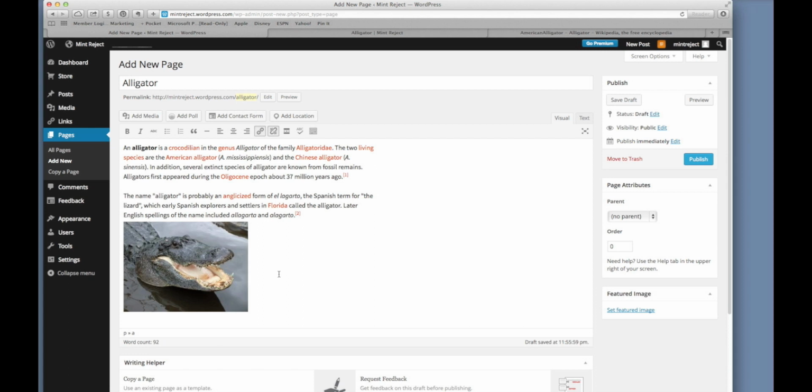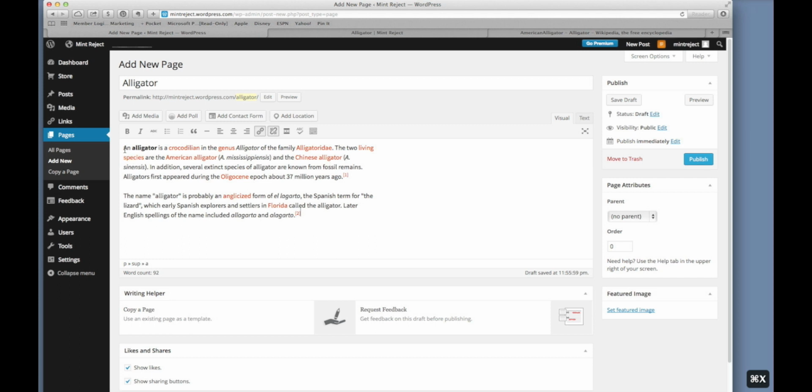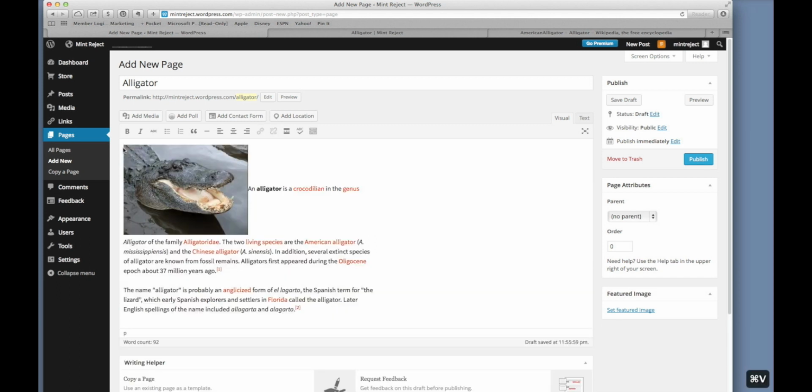Great. I don't like where it sits there on the page, so I'm going to delete it. So I'll click on it here and try and drag it, but that doesn't work so well. We'll just delete it and then insert it again. There you go. Now I don't like the way this text is flowing around the image, so I'm going to hover over the image and a little pencil icon will show up, which means we can edit the image. So there's the pencil icon. I click on it,